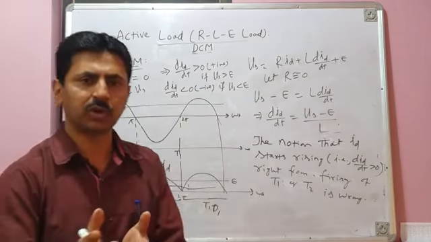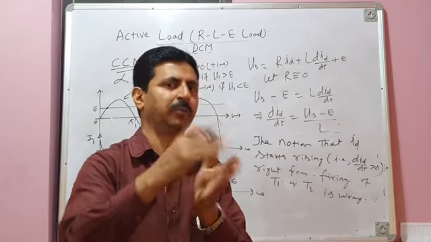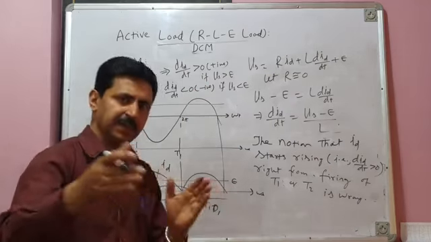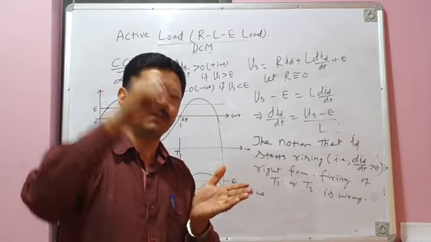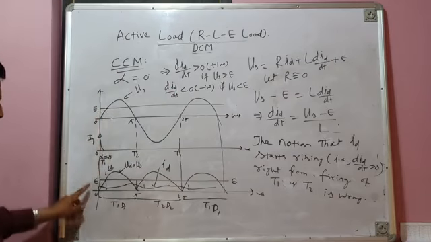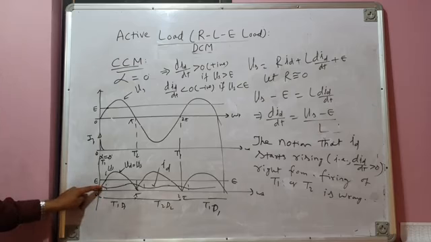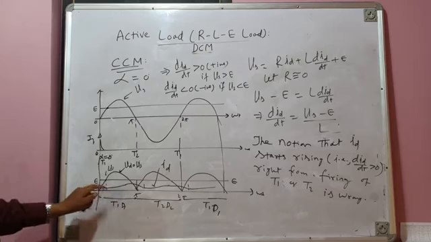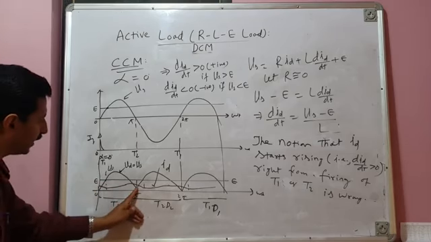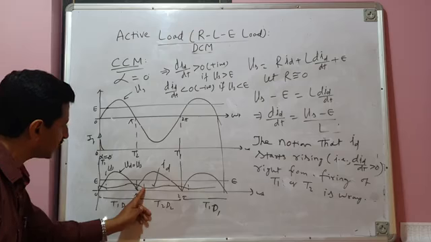For discontinuous conduction mode of operation, or for previous cases where alpha was taken as equal to alpha min or greater than alpha min, you can see in the previous waveforms, when T1 is fired or when T2 is fired, then only current starts rising. But if your alpha is less than alpha min, say for example in this case, alpha is 0 degree. Since alpha is 0 degree, T1 starts conducting right from here, but current does not rise. dId by dt is negative. And then when T2 starts conducting, right at this zero crossing, current is not rising, it is decreasing. And then it starts rising after this point.